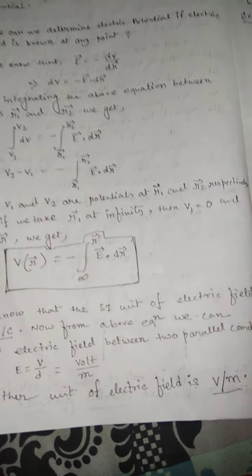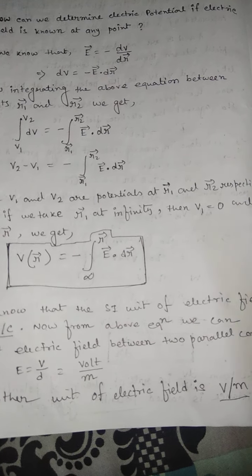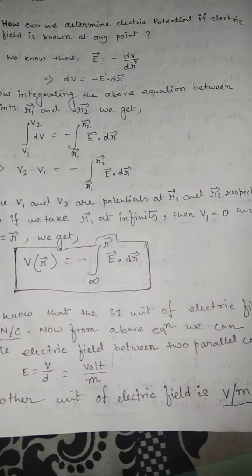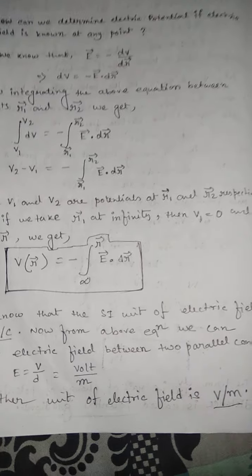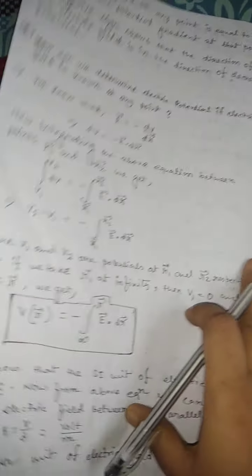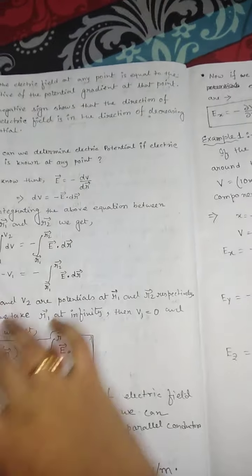We can use whichever unit fits the information given in your numerical or problem. If potential is given, then we use volt per meter. If force and coulomb are given, then we use Newton per Coulomb. Now, this is a normalized form, and E equals minus dV by dr. This is the potential gradient.